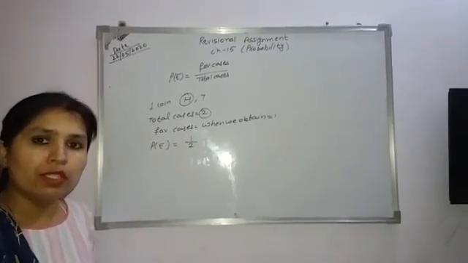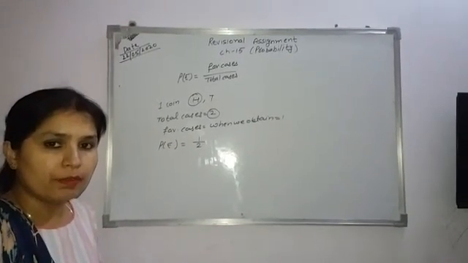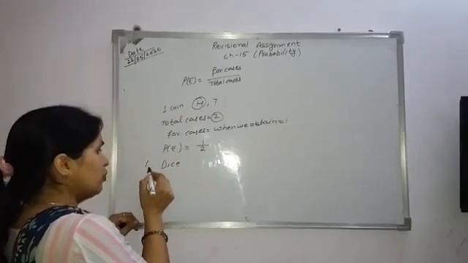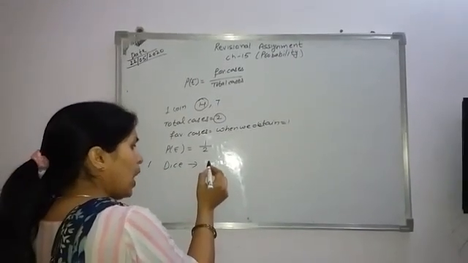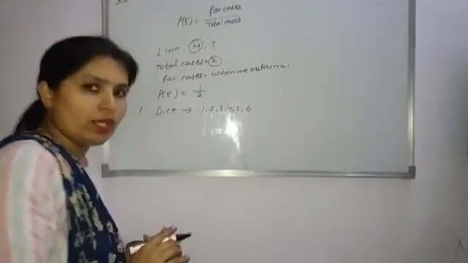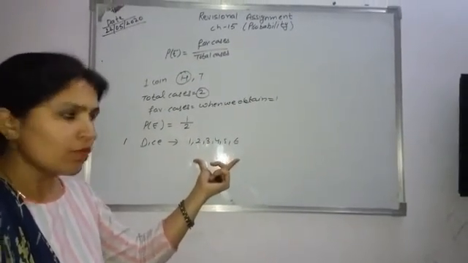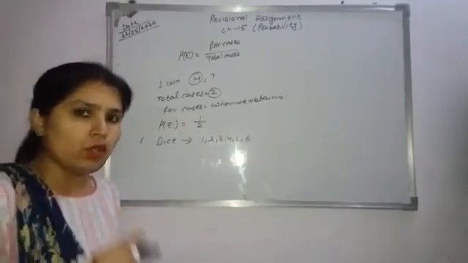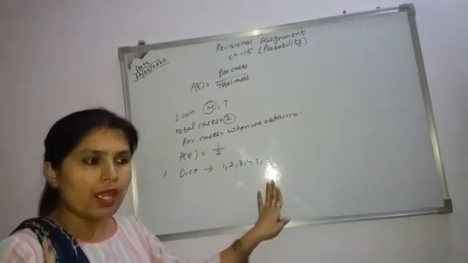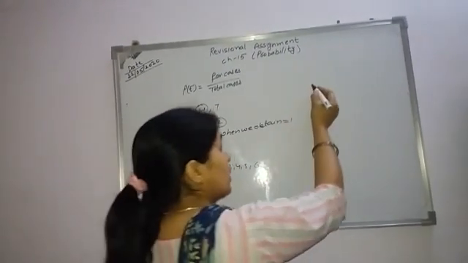Next, today we will discuss the cases of a dice. If we have a single die, how many numbers do we have? 1, 2, 3, 4, 5, 6, because we know that on a die there are numbers from 1 to 6. So these are the total cases. And suppose we want to throw a single die, in this case only these cases we have. And at a time, if we throw two dice, how many cases do we have?